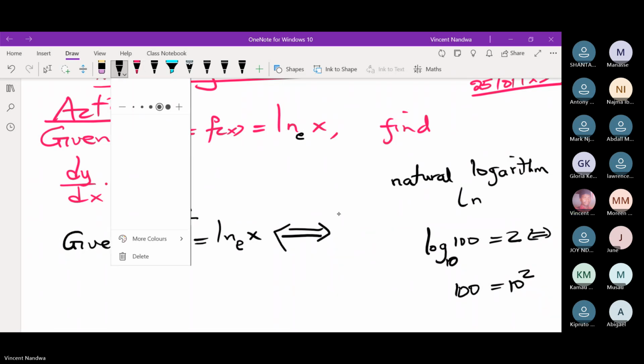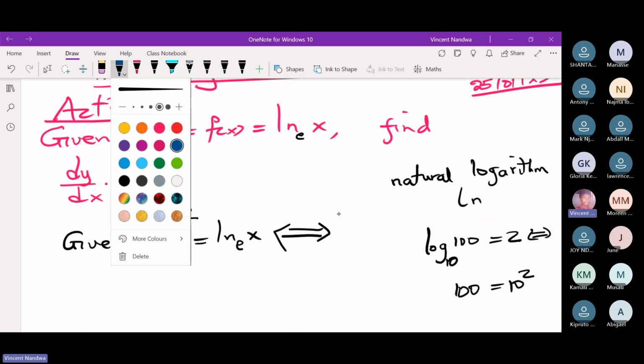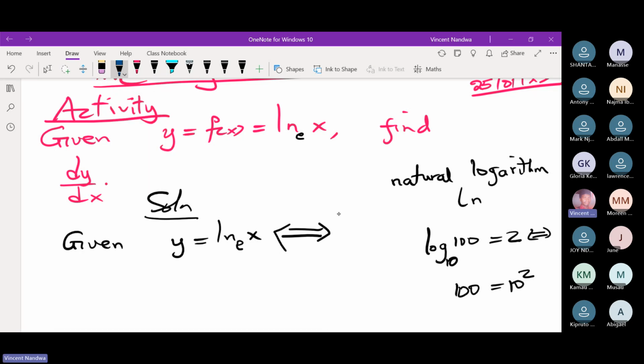So this is in logarithmic form, and this is in the exponential or index form. Similarly, if we have y equals ln of x, then in index form,